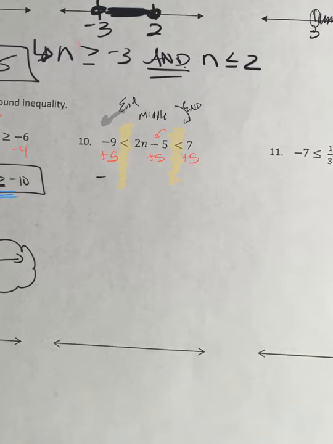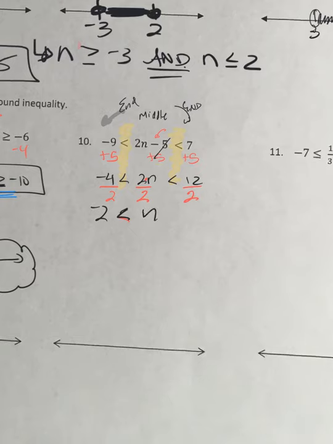And so that gives me -4 on this end, and then a 2n now in the middle because that's 0, and then a 12 on the right-hand side. Then we're going to undo multiplying by 2 by dividing by 2. And whatever we do to the middle, we've got to do to the left and right sides, because we're working simultaneously, so we must also divide the left-hand side by 2 and the right end by 2. And because I divided by a positive, I'm not going to reverse. So that gives me